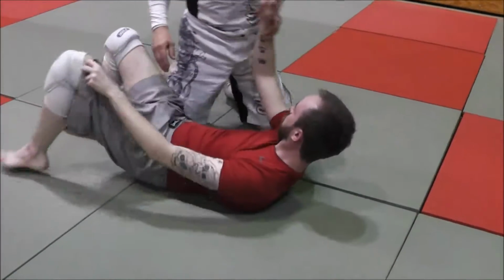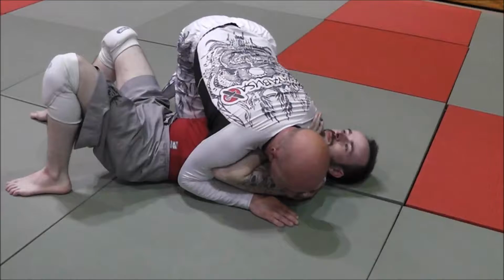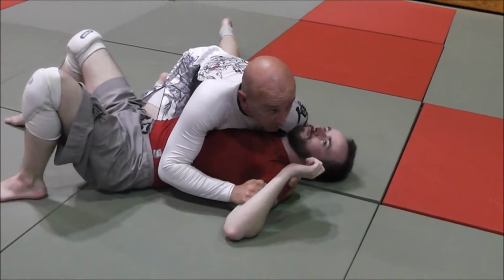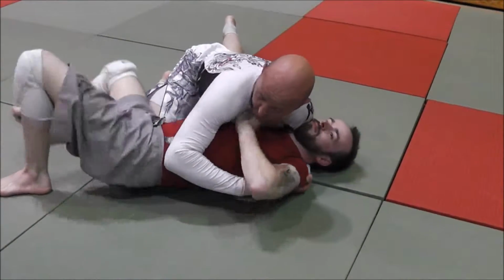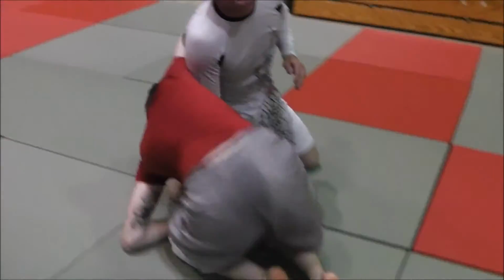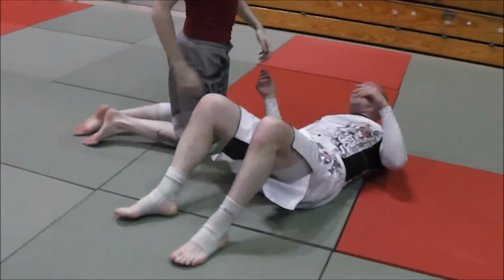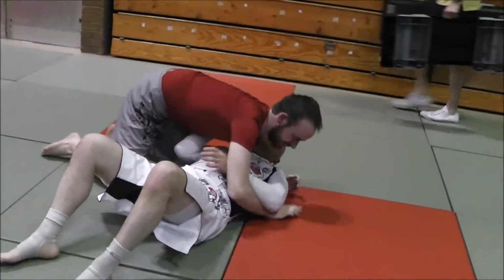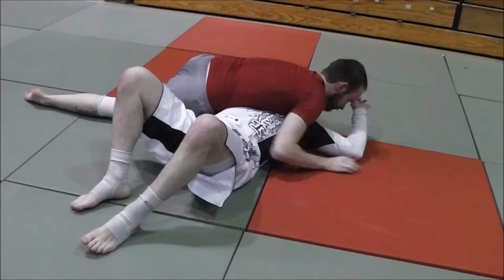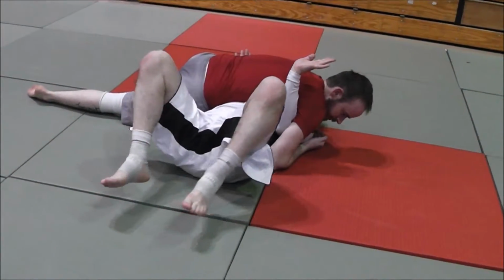I could be in side control here. What's Carl's go? Well, if he starts to swim for an underhook, oh, kick my back. Oh, not that way. Oh, switch positions. Again, look, if I'm on the bottom and Carl's got the underhook, my goal is to swim under. But if I get this underhook and I bridge,